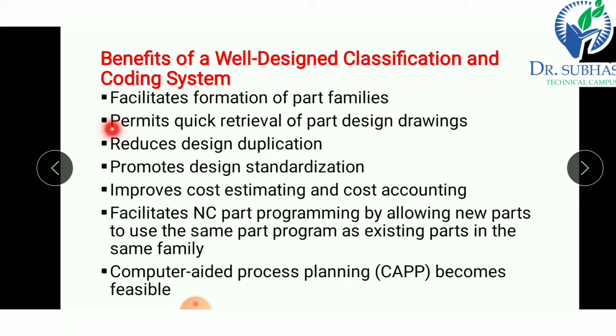Second, it permits quick retrieval of part design drawings. If we have to retrieve a part design drawing, it will become very easy. Third is reduced design duplication.